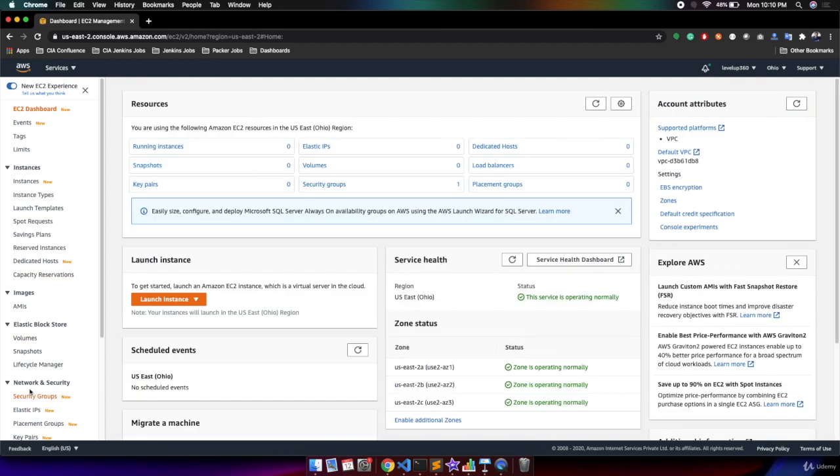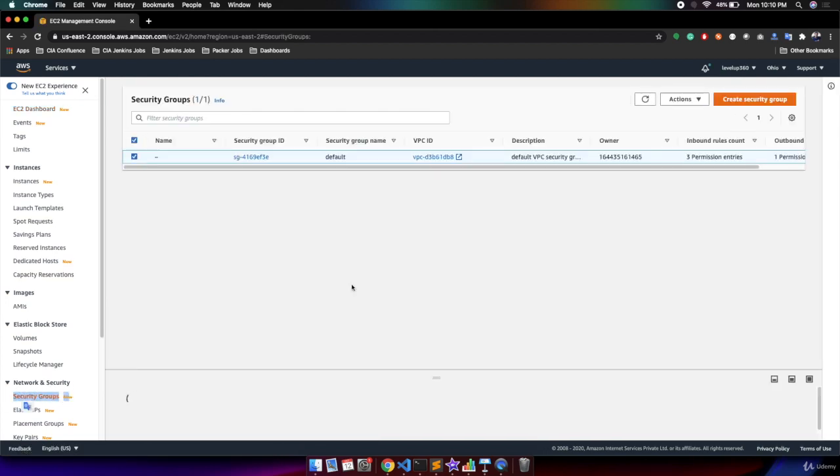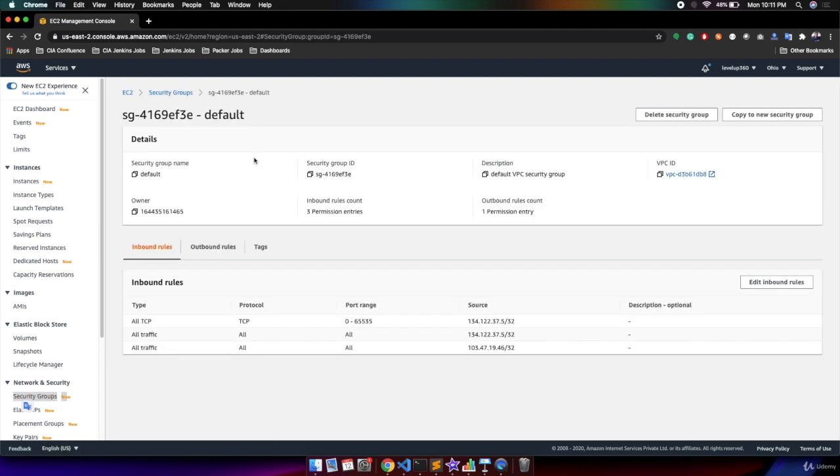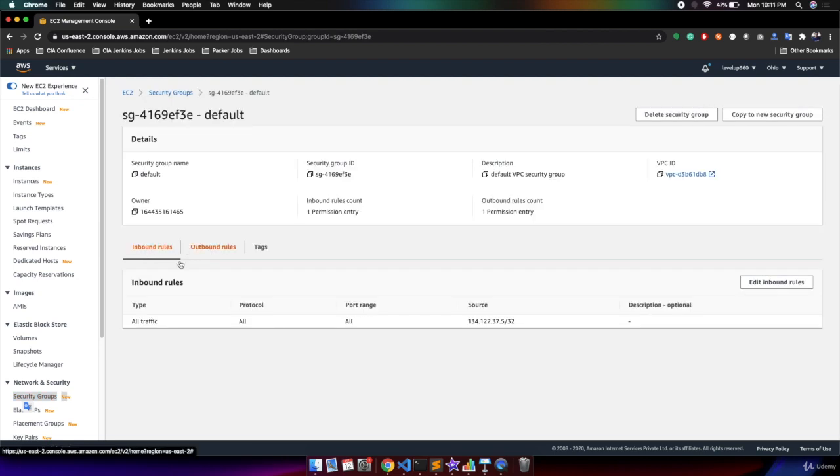We are opening the EC2, and over here inside Network and Security you will find Security Groups. We have one security group available, which is the default security group. We have already modified the security group in the earlier lecture as well. So let's open it again, and inside the inbound rules we need to add one more